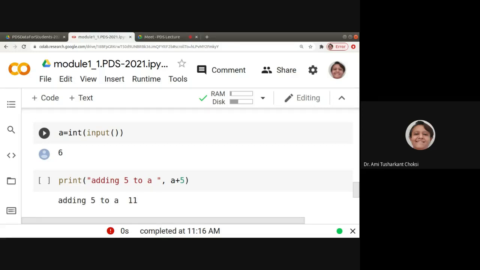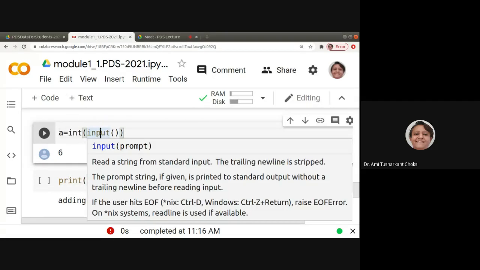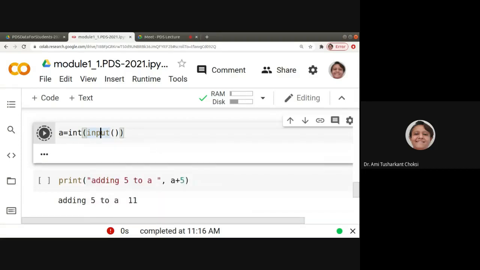So if we want something like scanf, %d, and an integer variable, we can write it directly like this, that is A is equal to integer of whatever is the input, right? So let me run this.